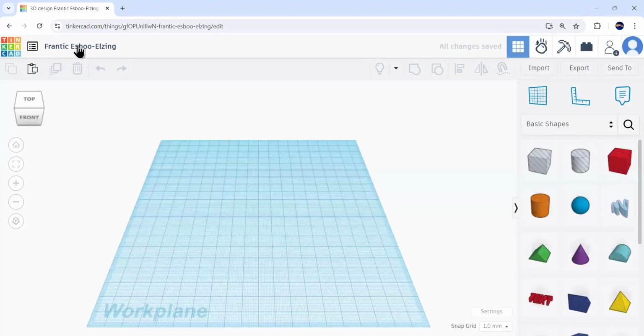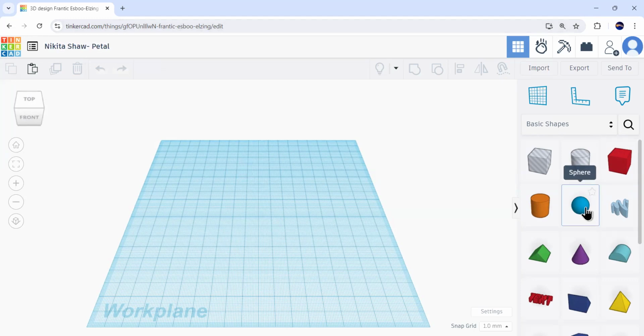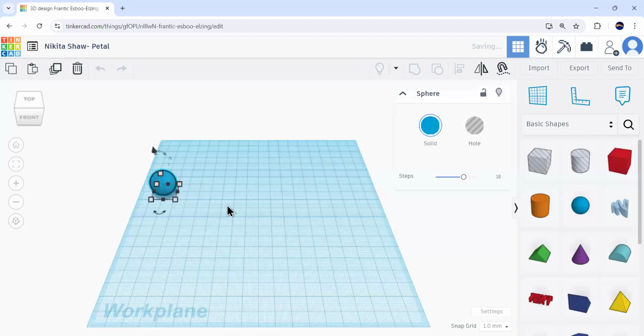Now, again, we will change the name of this design. So it will be Nikita Shah the petting. Now over here, we'll just select this sphere, click on it, and then put it on the platform like this, right? And then we will reduce the height of this sphere by clicking on this white top box, and it should be of what I've suggested to go for